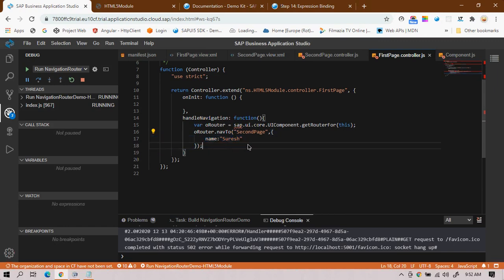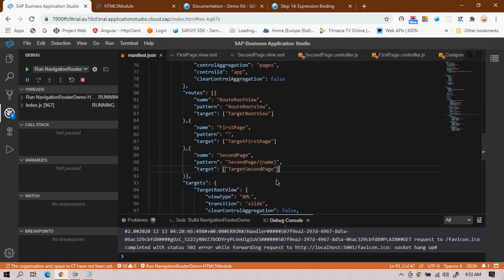If you use this, it's necessary to define the parameter in the navigation. If you are not specifying the parameter in the manifest.json and you are passing the data, then you will get an error. Navigation will not work. If you want to pass the data, it's necessary to define the parameter in the manifest.json file.